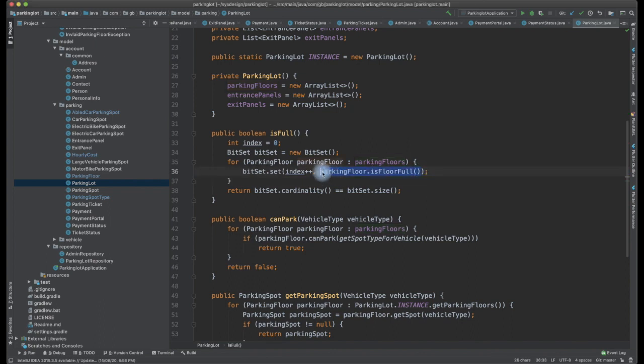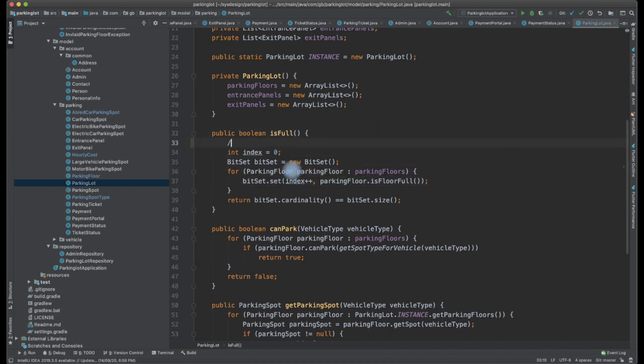If the parking floor is full, I am setting that bit set index. For example, if we have 10 floors, we create a bit set of size 10, and those bits will be set to 1111. If the bit set's cardinality is equal to the bit set size, it means the parking lot is full.